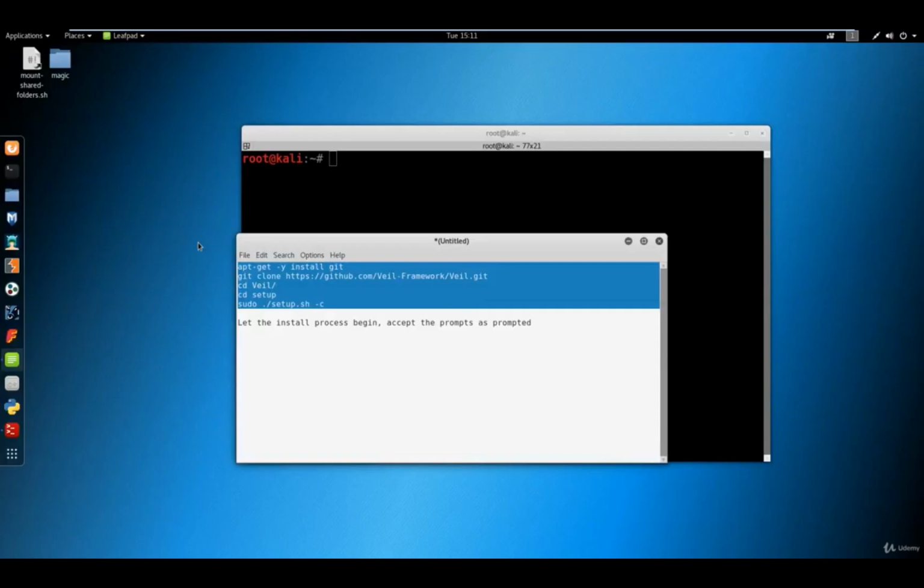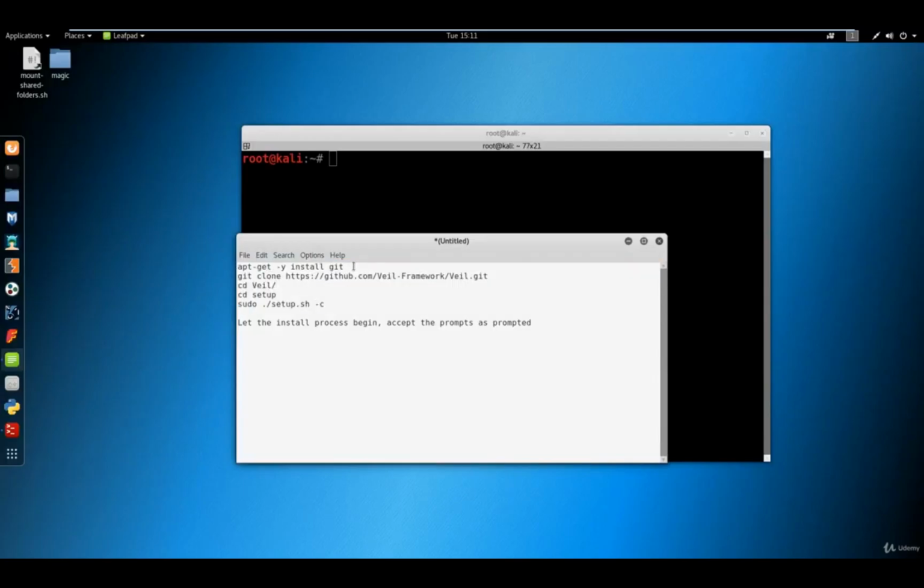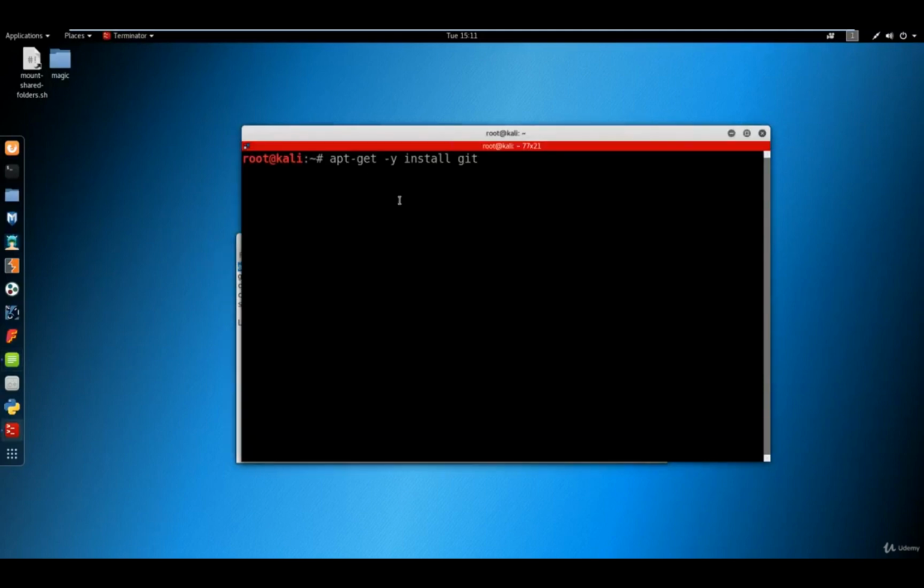You just need to open the terminal and get the first line, and this first line is installing git. So it's apt-get, with a hyphen between apt and get, then space -y install git, and this will install git so you can clone repositories, upload to git, etc. Once you click enter, I'm not going to click enter because I've already installed it, and like I said in